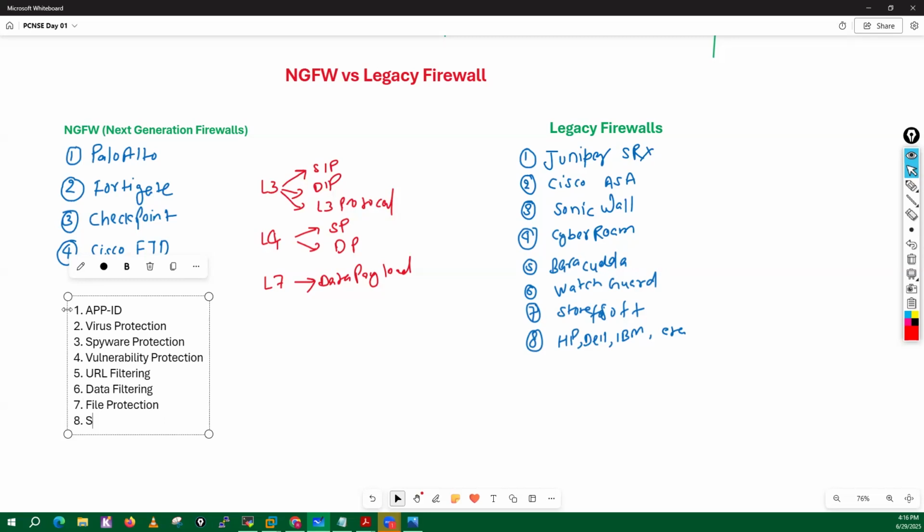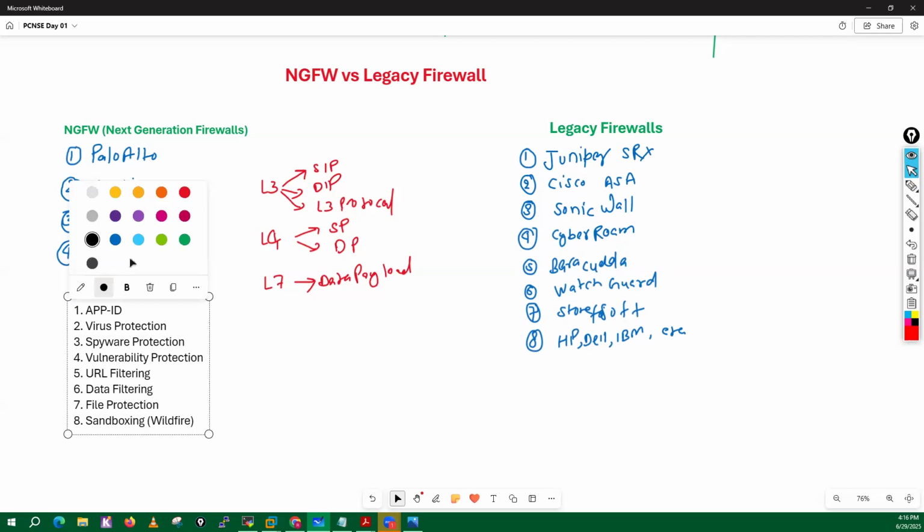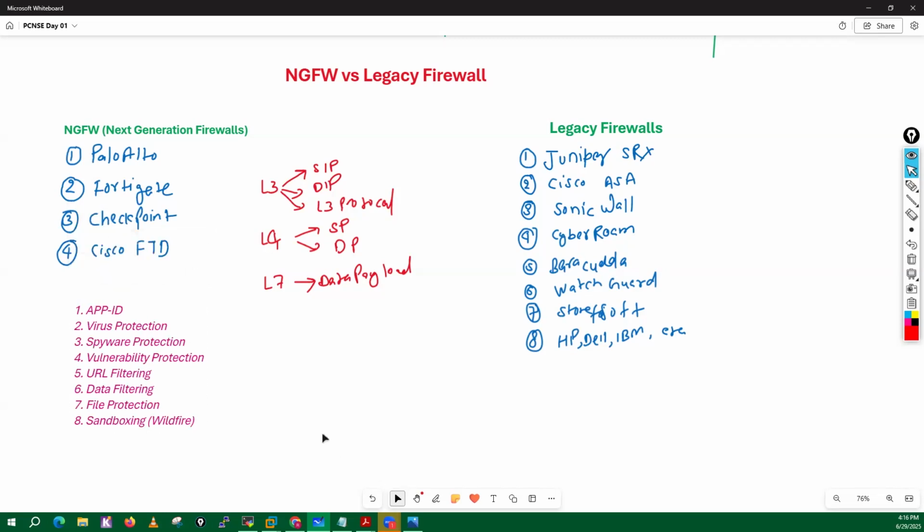Then they have sandboxing, which in firewall terminology is known as WildFire. So those are some features which are also available in your next generation firewalls. They have those particular features, and obviously there is one more,